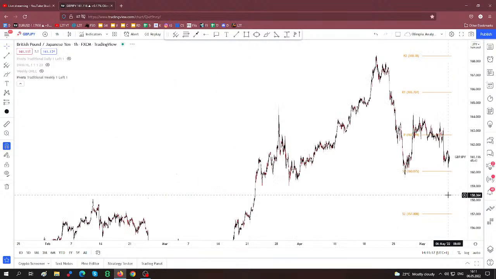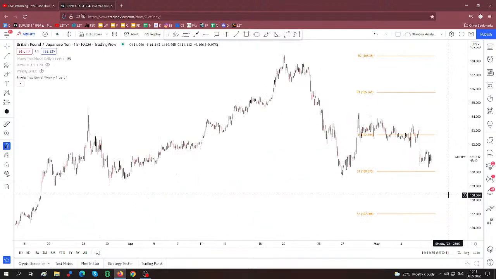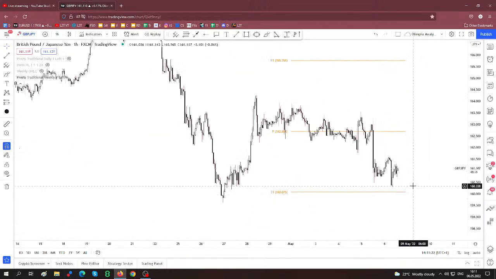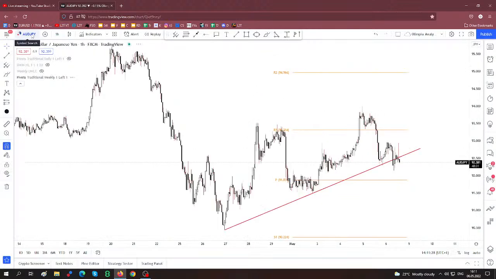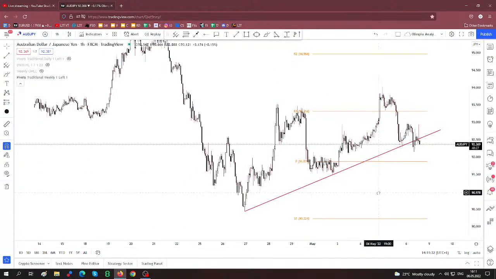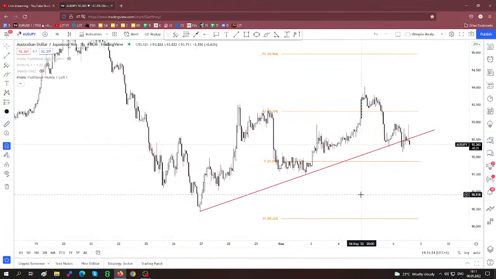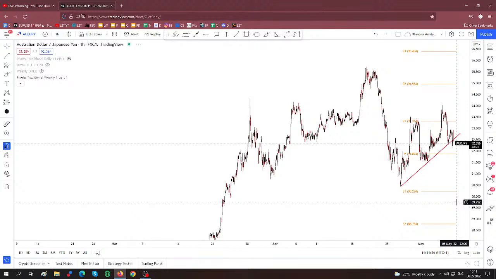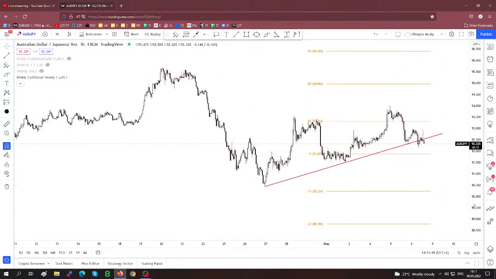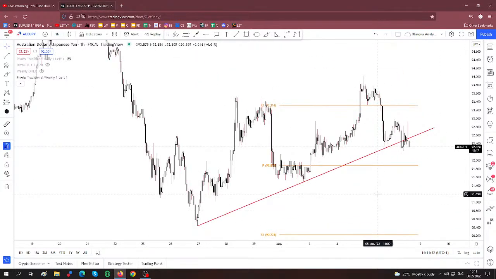British pound versus the Japanese yen. No, I don't have a potential setup here. Australian dollar, Japanese yen. Here the price action on the Australian dollar, Japanese yen has